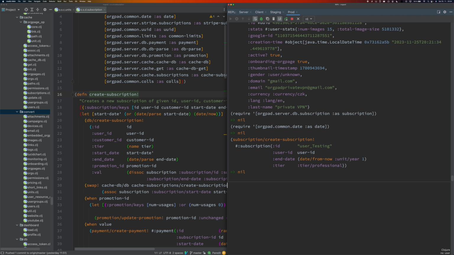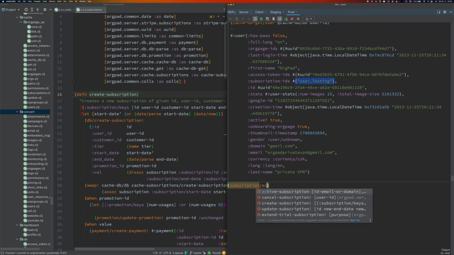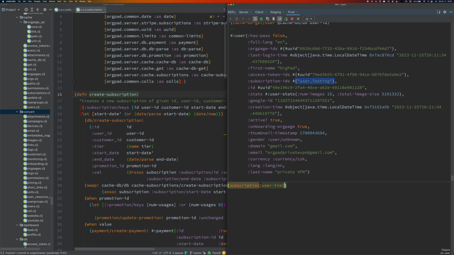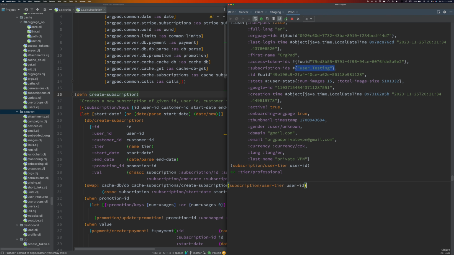The subscription is right now created, so if I again load the user, I will see that there should be a subscription ID here. So user now has a subscription. If I do subscription/active-user-tier, for example, for this user ID, I will receive that it's tier professional.